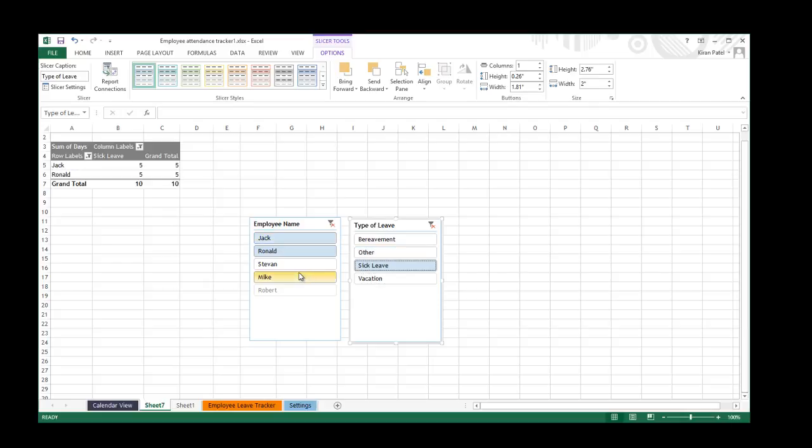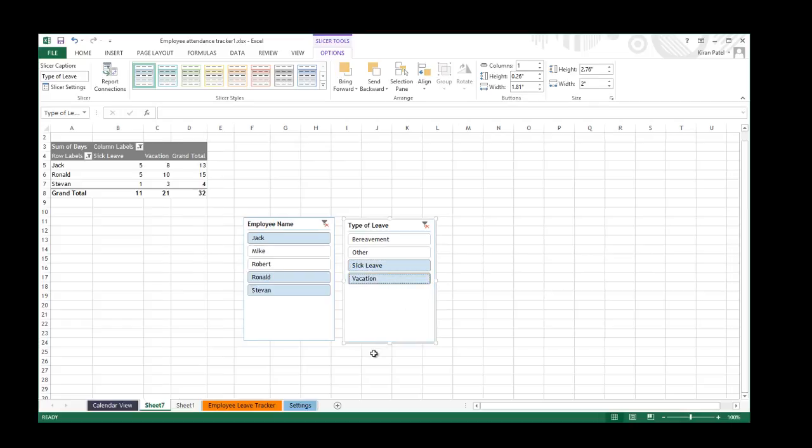If you click on single, that would change to one employee only. If you hold the Control key and click on Ronald and Jack, it would select all three of them. And also with the sick leave, you want to check what vacations they have taken. So this way your slicer is going to work. You can customize your data, or you can just